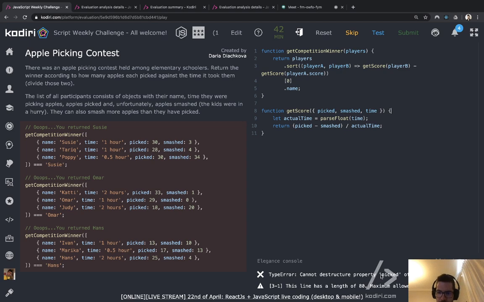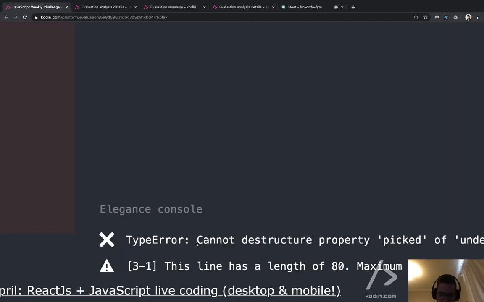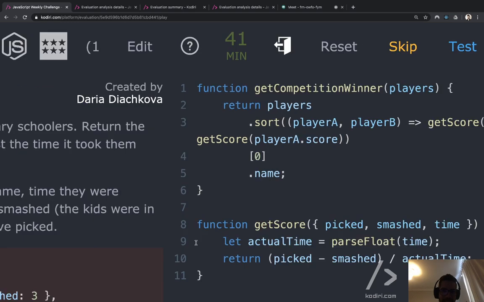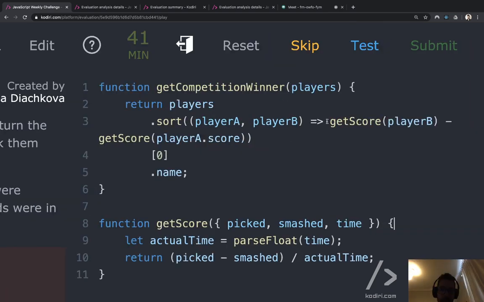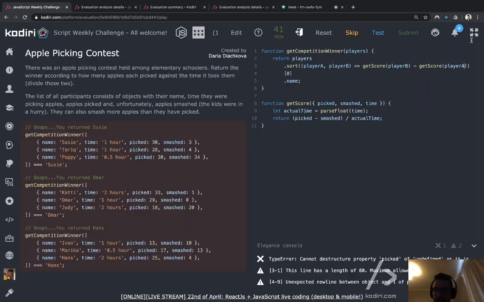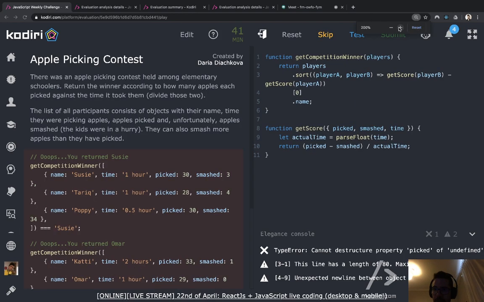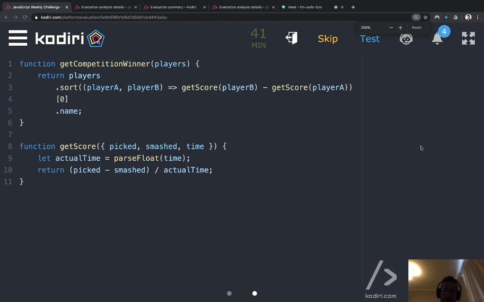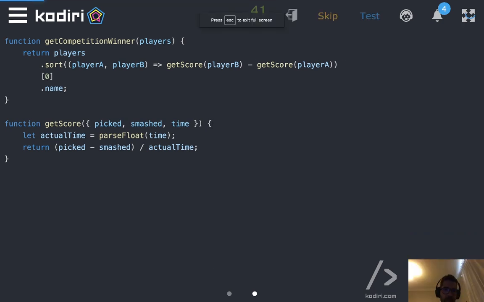So look at the problem. It says cannot destructure property of undefined, and then you pay attention. Obviously, I want to get the score of the object. You see, because of the previous example, I was still passing the property score of player that doesn't exist. So that was a silly mistake from my side. So let me go back to mobile mode and let me run it and see if it works. See, that still works.